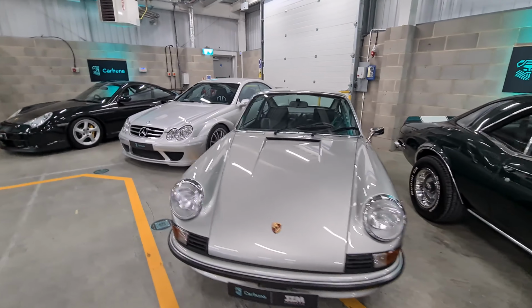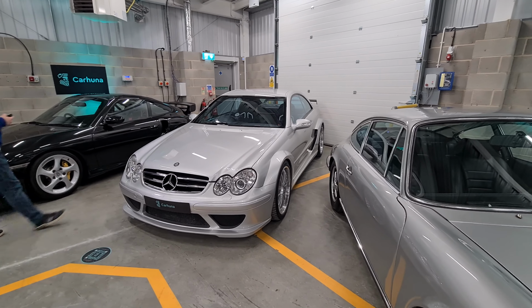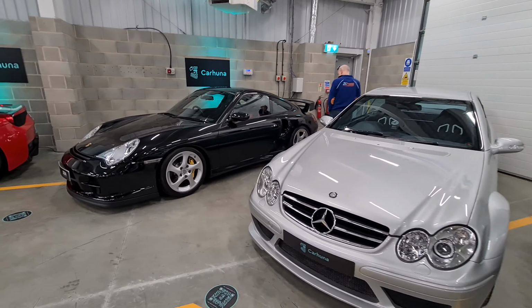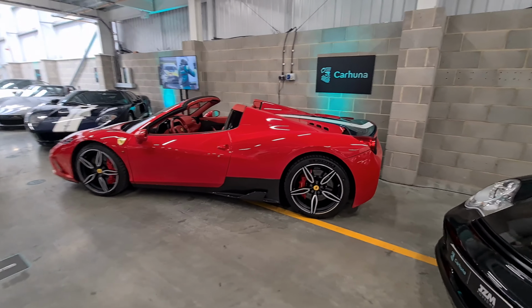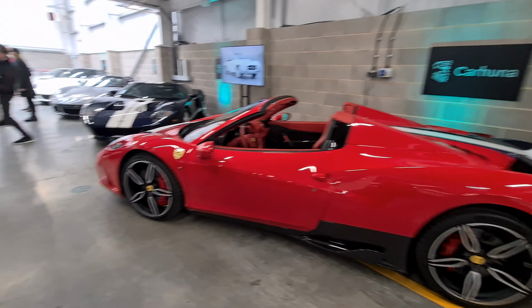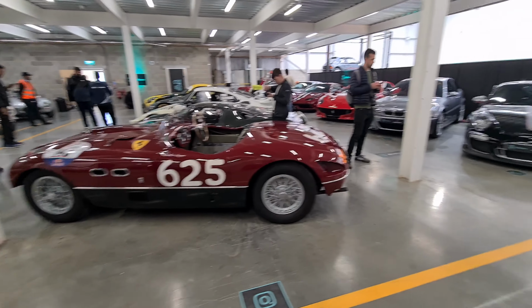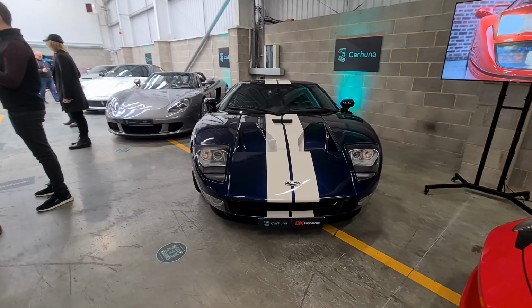This particular car show was held by Carhuna, who have just launched their auction platform, and they brought together a pretty epic collection of cars. Right there is a CLK DTM, next to that is a Porsche 996 GT2, and then a Ferrari 458 Speciale Aperta. Pretty rare car. Now we have a Ford GT